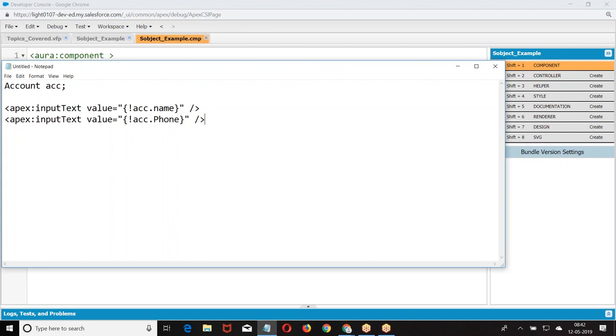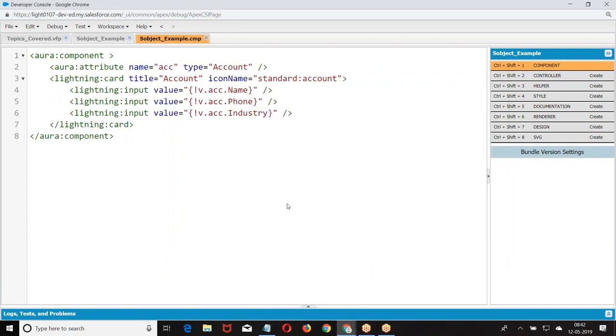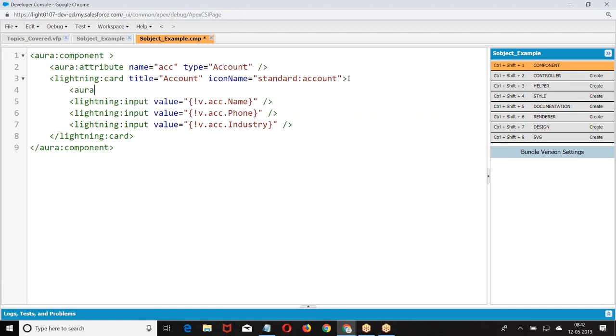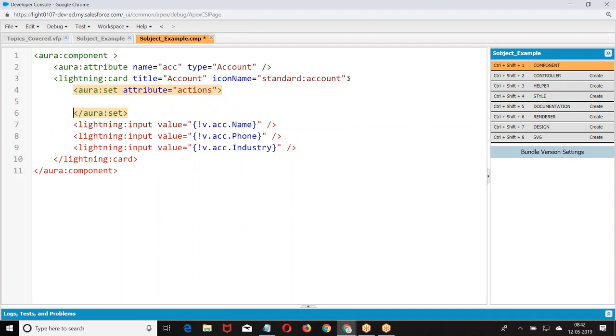The same context will repeat here. Account, standard account. Then I was trying to give some action here: aura:set attribute actions, a lightning button.